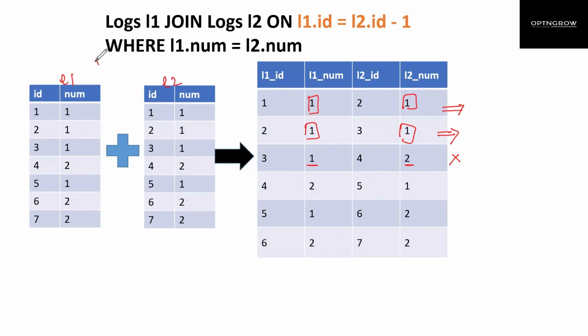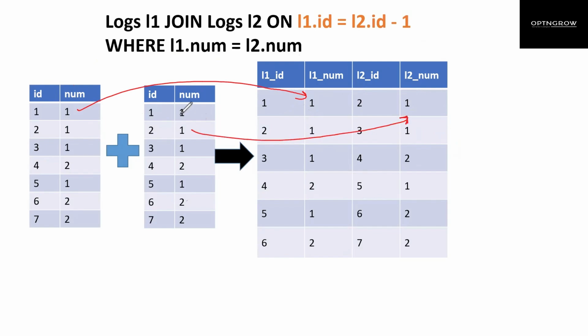Why have we applied this condition? Because it's very simple. We are getting this from here and this from here, and we are just checking if this and this are equal. If they are equal, it means this number is a consecutive number, so we are going to have this number in our desired output. I hope I'm clear with the solution of finding the numbers which are appearing twice consecutively.